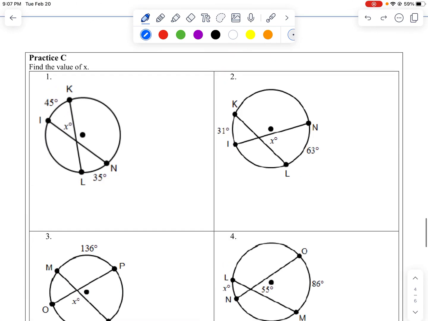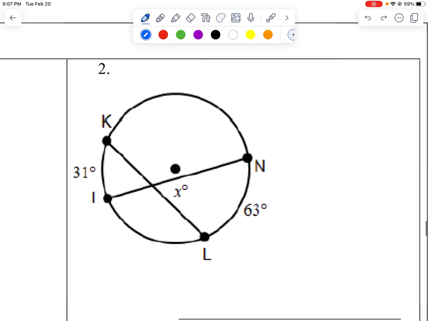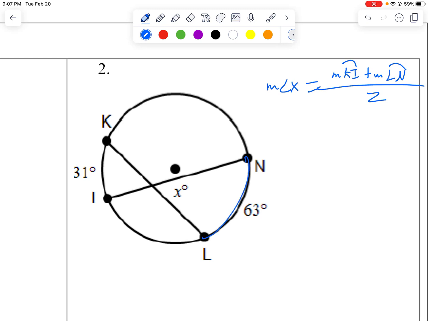Let's jump to this next part here, practice section C. We're going to use the theorem to help us get this measure here. And the measure of angle X is going to equal the measure of KI plus the measure of LN divided by 2. It's the average of the two things, so I'm going to add these together and divide by 2. And so the measure of angle X is 31 plus 63, and divide it all by 2,